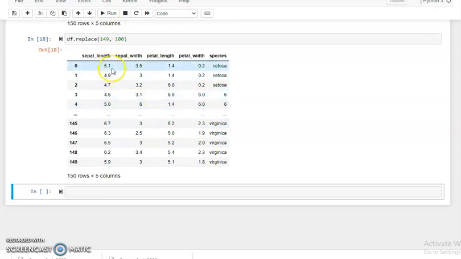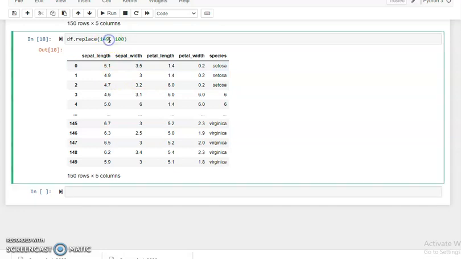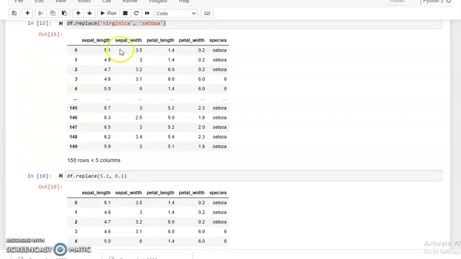So suppose we need to change this 5.1, so we write here 5.1, and suppose we replace 5.1 with 6.1. Simply run. As you can see in our data set, 5.1 is replaced by 6.1.